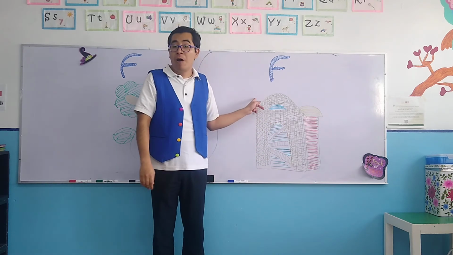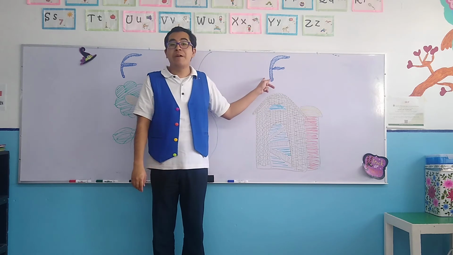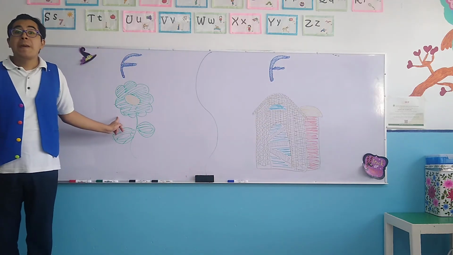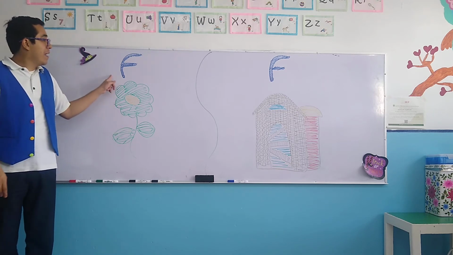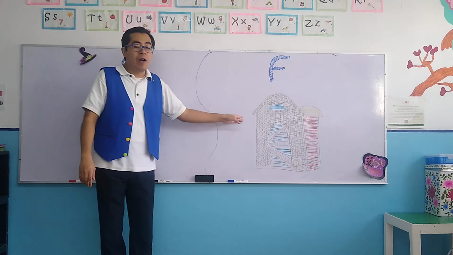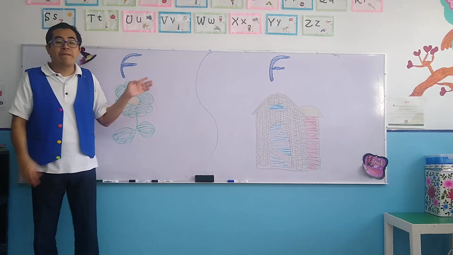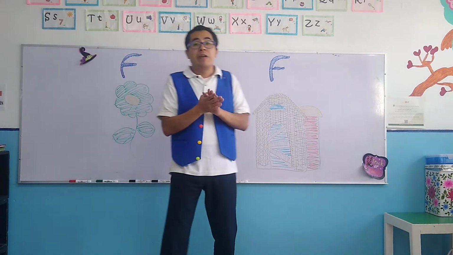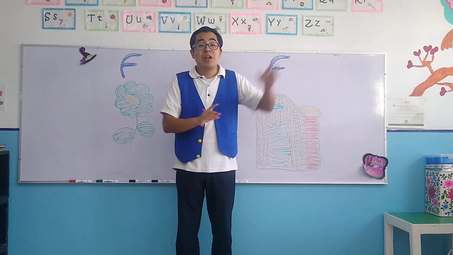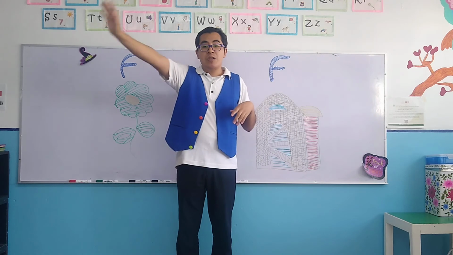And the word farm begins with the letter F. The flower begins with the letter F. So today we saw flower and farm with the letter F. Very good, my children. Now, that's it for today, but don't forget to practice the letters from A to letter